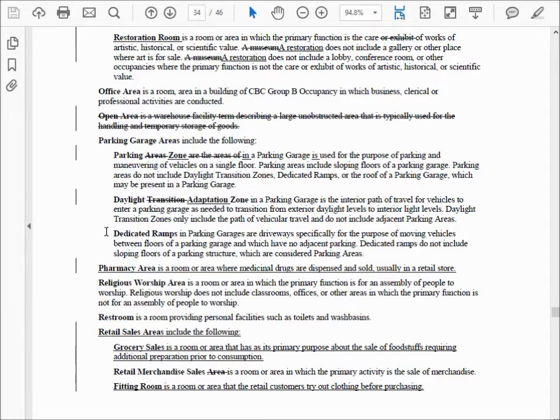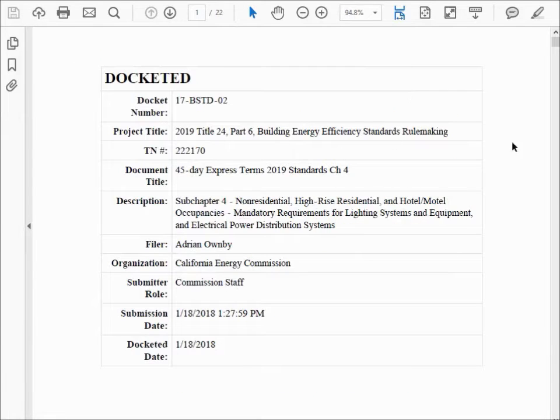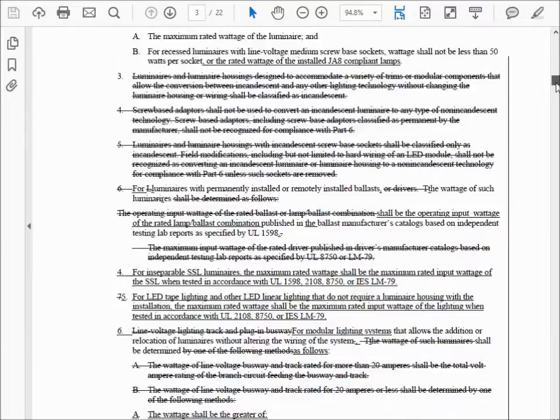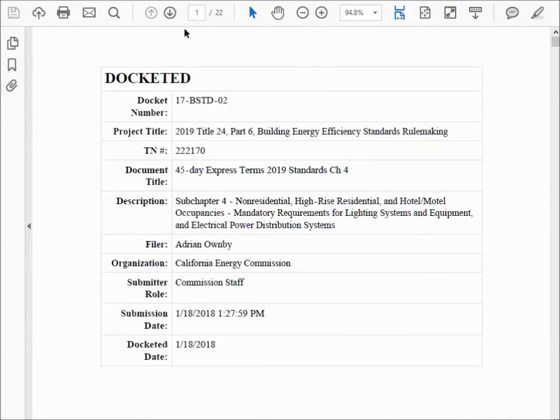We'll look at this a little more before we put in the feedback, but the point is somebody must have thought daylight transition zone was confusing, so they put in daylight adaptation zone, though I hardly see why that would be less confusing.